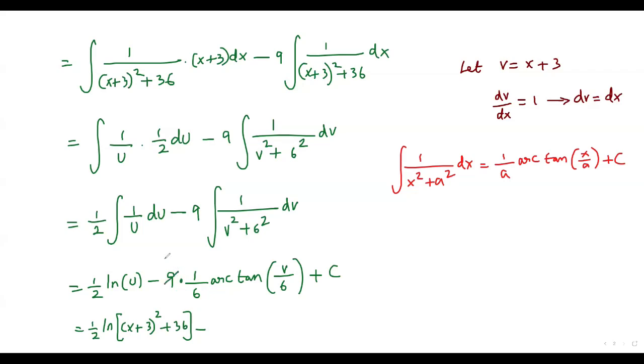Negative, we can simplify this 9 times 1 over 6. That is, 3 goes into 9 three times and 3 goes into 6 two times. So 3 times 1 is 3. So we get 3 over 2 times arc tangent, and here we can plug in x plus 3 over 6 plus c. Okay, let me continue. That is 1 over 2 times ln of